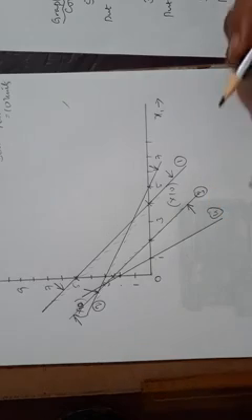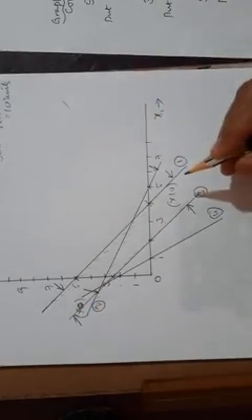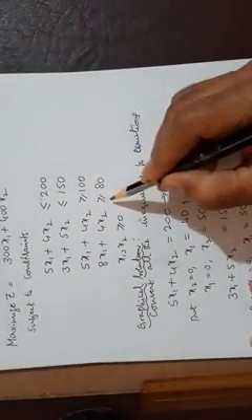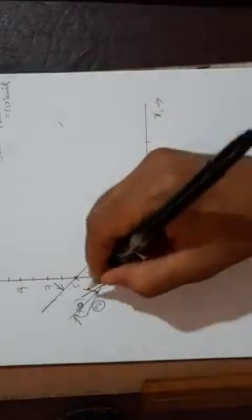I'm just drawing it a little bit longer just to show or name these lines. So this one is already named, and this is 2, already named. Now again, the constraint sign is greater than or equal to for the fourth constraint, so the solution space has to lie away from the origin, above this line.